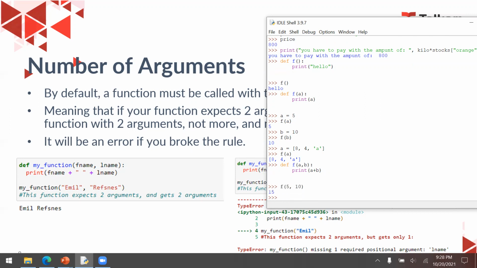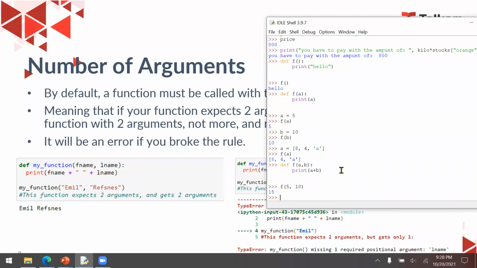Then it will print 15. That means I'm going to send the value of 5 to variable a and the value of 10 to variable b. And then inside the function, it will print the addition of whatever the first value from the parameter is, added to the value of the second parameter, which in this case is 10. So 5 plus 10 is 15.